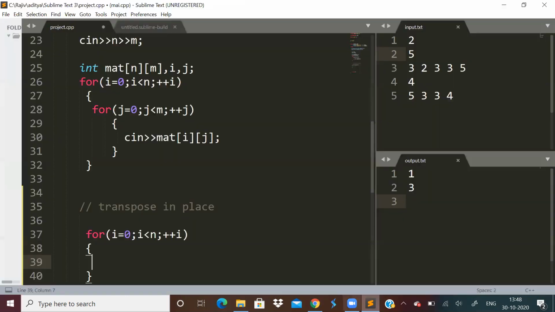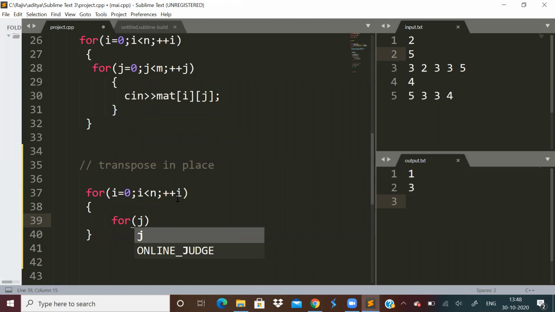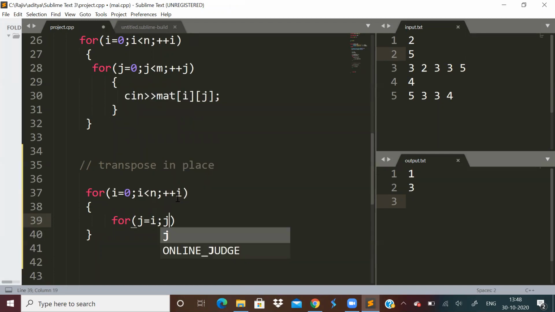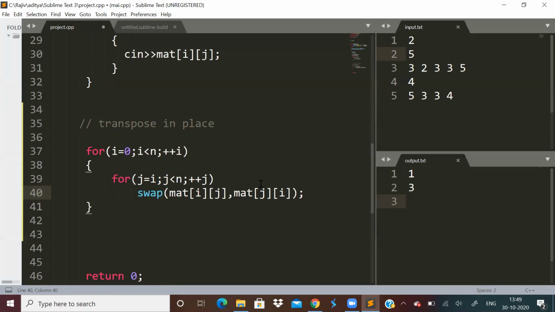No, we are given a square matrix, so n into n only. Then in the inner loop, for j equal to i, this is the condition, we have to swap mat of i comma j with mat of j comma i. So this is how you do the in place transpose.